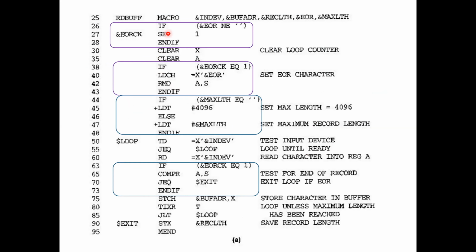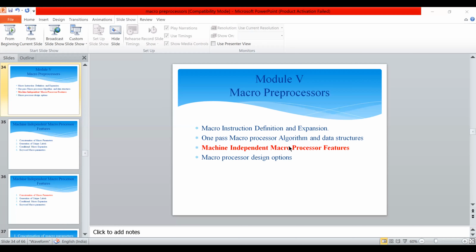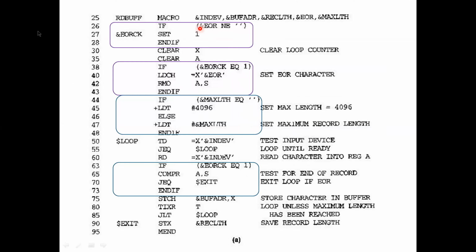So look at the structure. Here you have if, and there is no else condition. The condition is written in brackets.